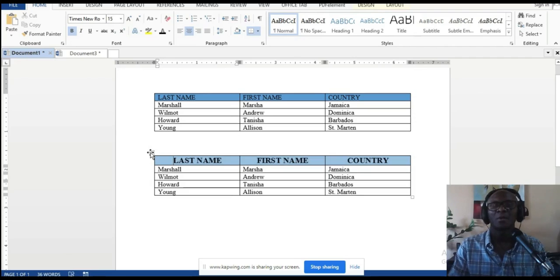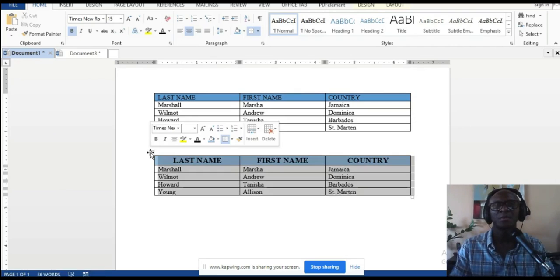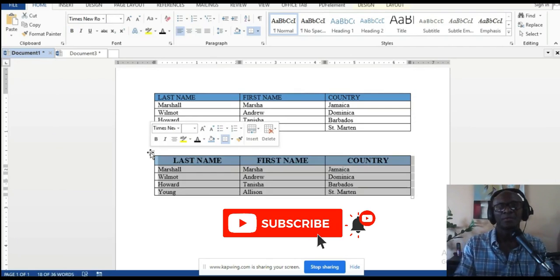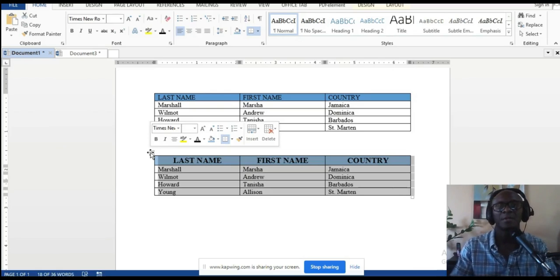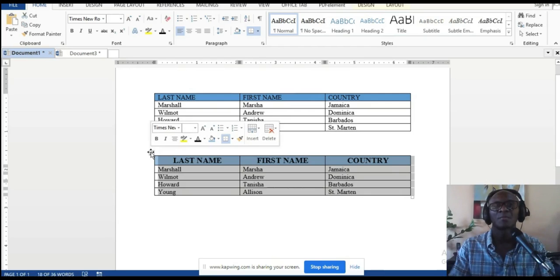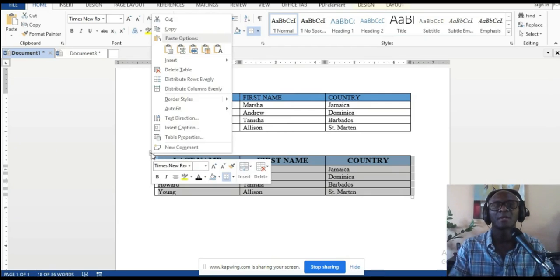Now another thing that I'm going to do is to adjust the table so that the content fits the columns, or the columns fit the content just exactly. And to do that, right click. You're going to right click there, click on the handle, right click on the handle, and here where it says auto fit, I'm going to select auto fit to content. So right now, before I click on that, it is actually fixed